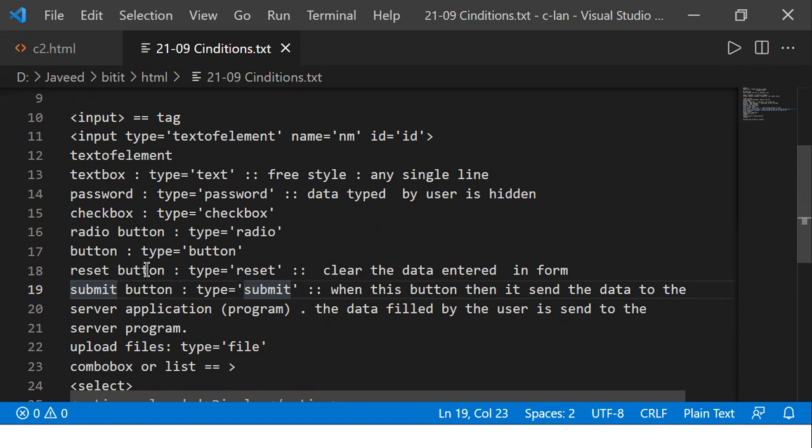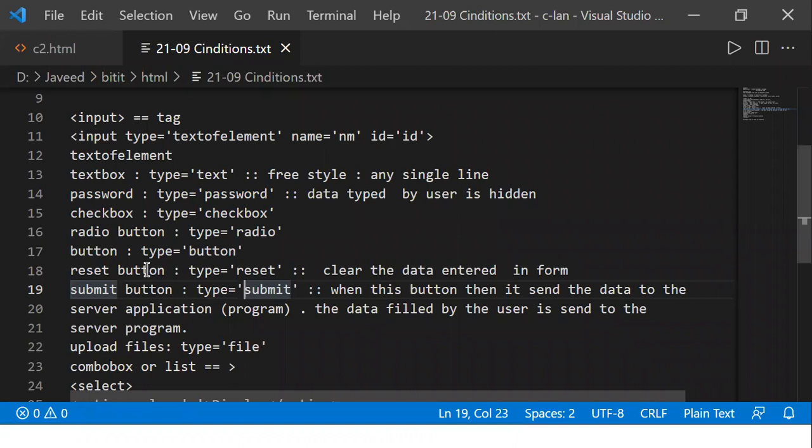The data will be there only. Able to understand what I'm telling, right? When I have a normal button, the data will not be sent to the server application; the data remains the same. But when I have a reset button...